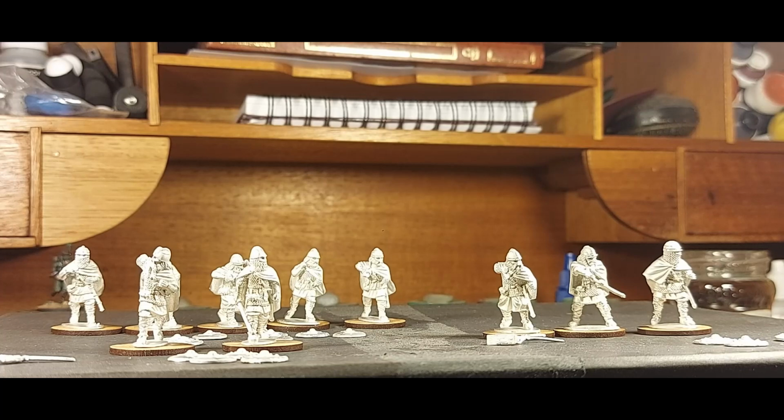I just received a rather cool parcel from Andrew Medbury of Medbury Miniatures. Actually homegrown here in Australia, and the miniatures you can see in front of you are metal castings based off his 3D sculpts that he has cast up himself, and sent me some down to paint, and I'm really appreciative actually, because it is so cool to have